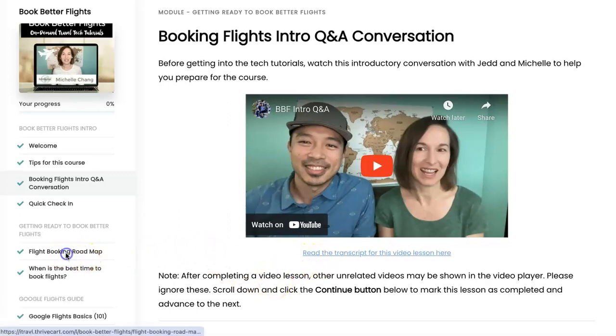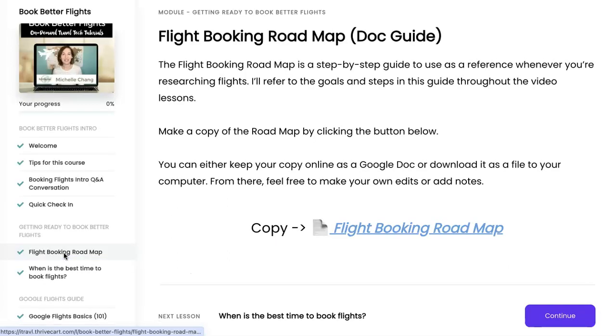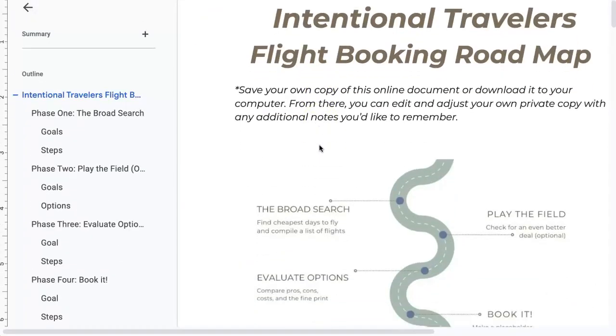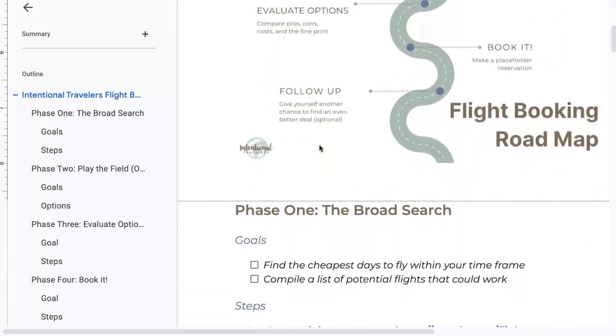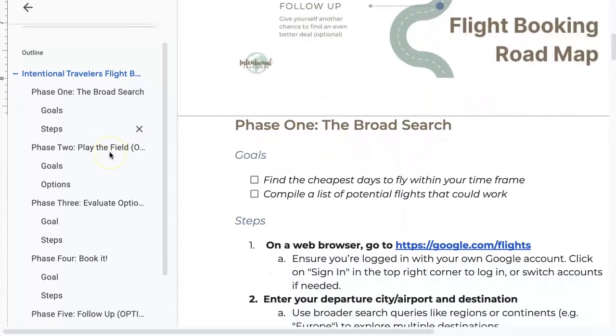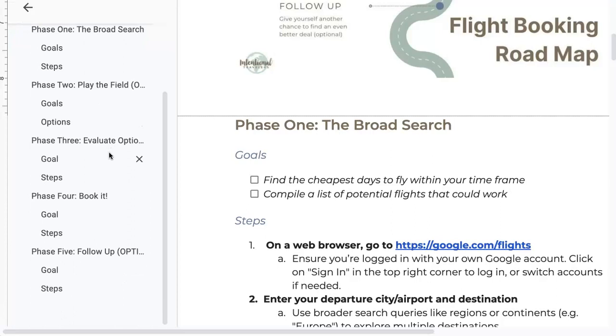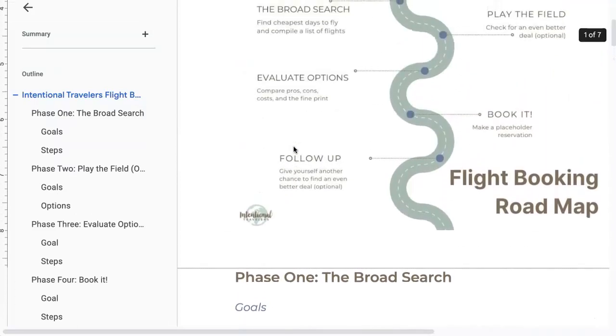Then if we click over to the lesson called Flight Booking Roadmap, this is where you'll be able to make a copy of my flight booking roadmap, which looks like this. This goes step by step through my flight booking process, and you can use it as a checklist. You can even add your own notes in it as you go through the course, so that way you have something to help you remember and not miss any important steps that could save you time and money whenever you're